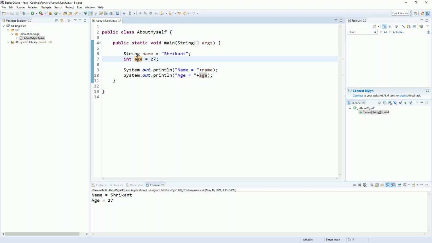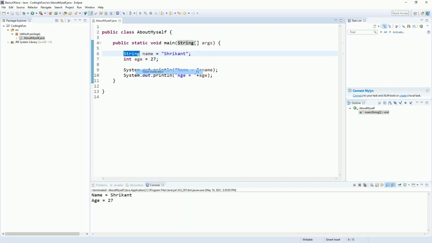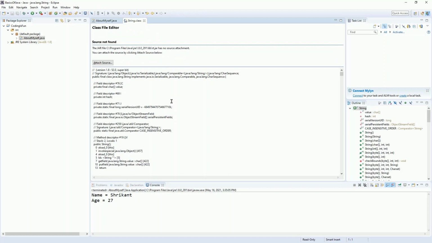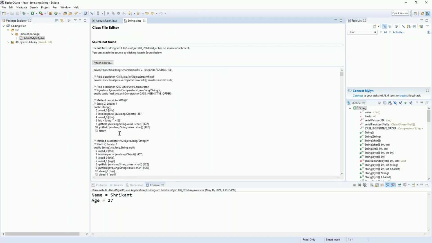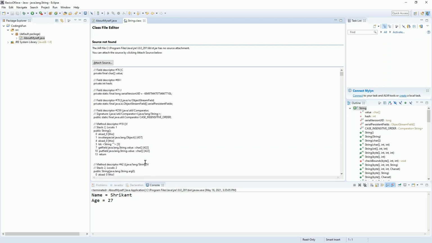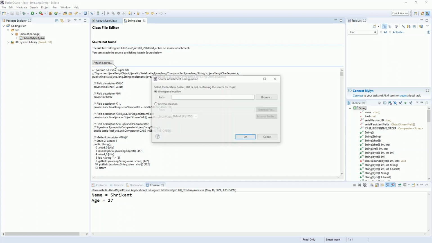If you double click on String and go to open declaration, in that case you can see this type of error, that source is not found. Whatever error I have shown you on the presentation screen, it will highlight it here. So in order to resolve this issue, you need to click on attach source.